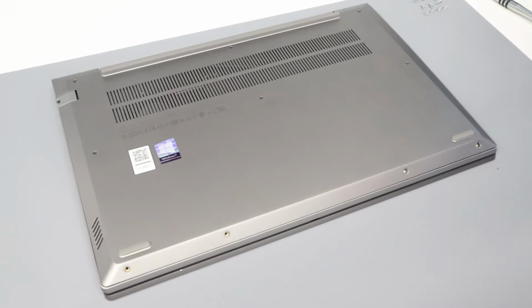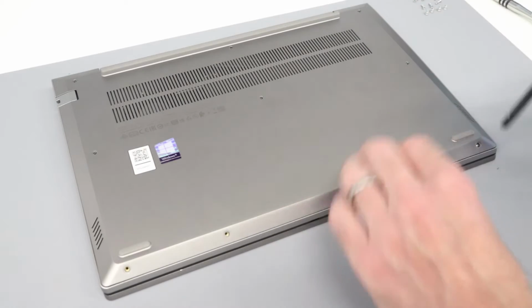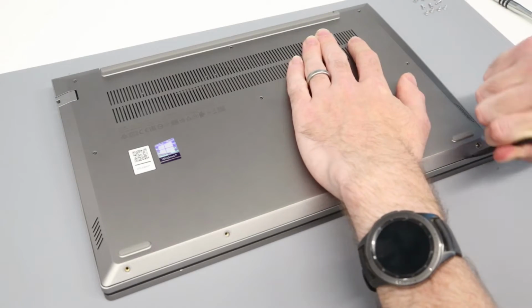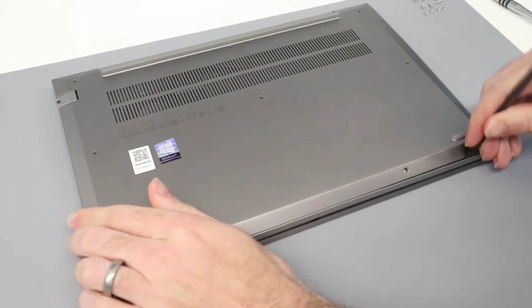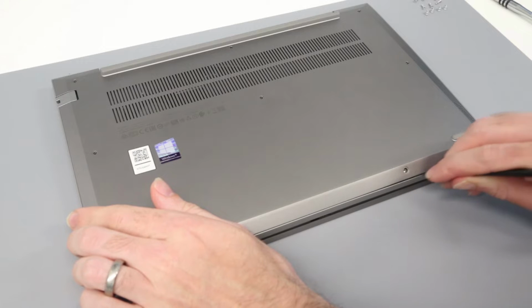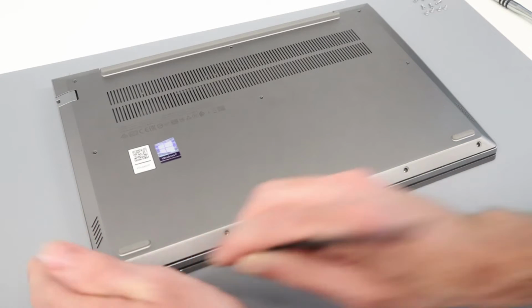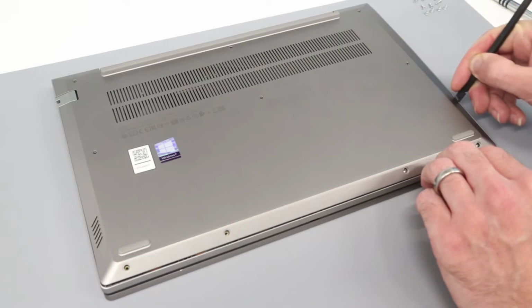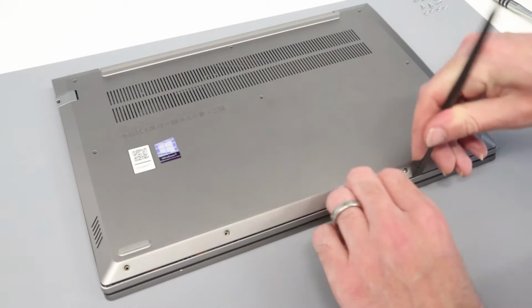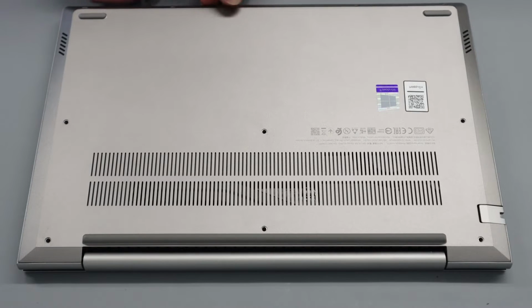With that done, we're then going to take our pry tool, and I found the best place to start here is at the front. And what we want to do is get pressed in and just release the base from the palm rest at the front here, and then we want to go along the front of the laptop, getting that released. Then turn our attention to this side. We may find it a bit easier actually if we just keep going on the front here, just to lift a little